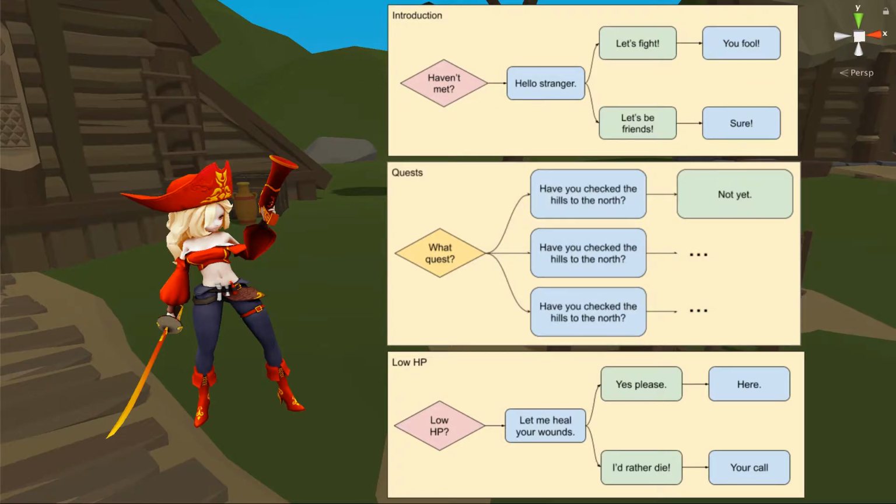With that, let's jump into conditions, triggers, and actions. You probably have seen triggers and conditions if you have worked with animator state machines in Unity. And in dialog systems, they function the same. A condition basically tells whether a dialogue is available at a point in time. In the third scenario in our example case, if the user's HP is low, the NPC offers help. So if HP is low is the conditional filter.